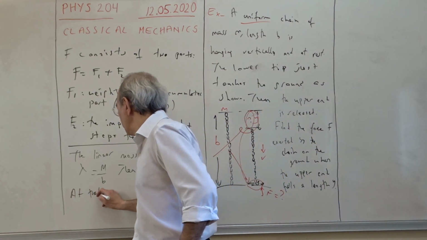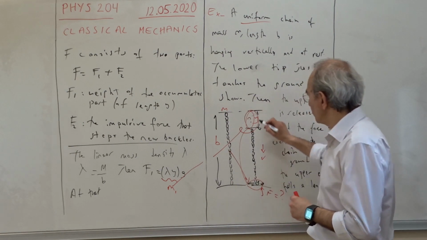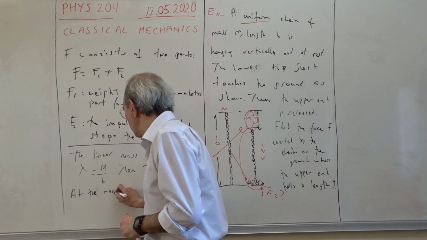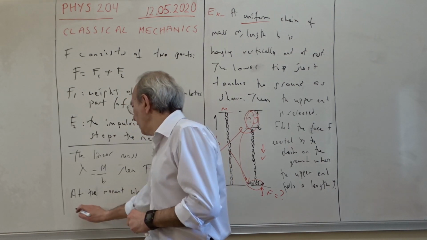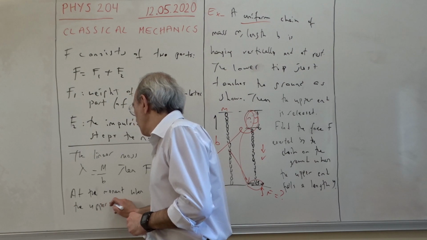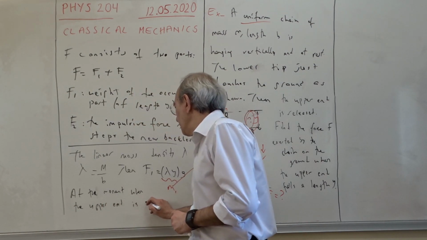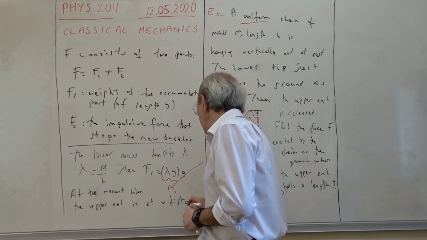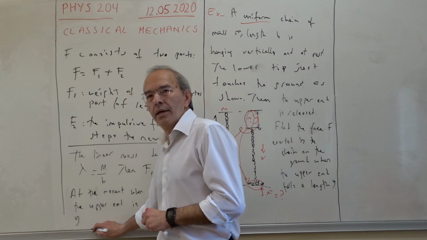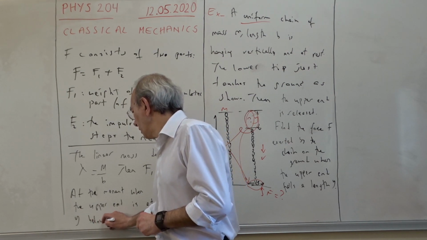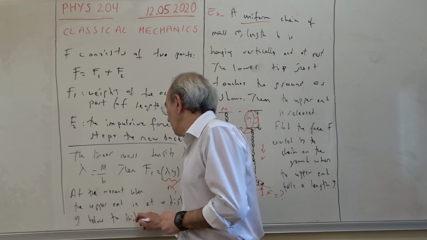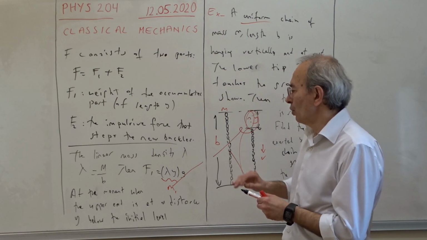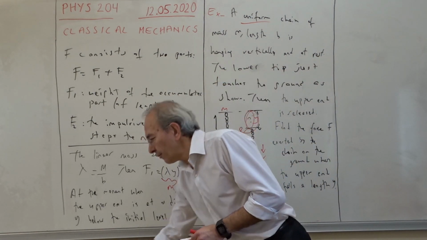At that moment means when that length is y, at the moment when the upper end is at a distance y below the initial level, all the pieces are falling with some velocity v,